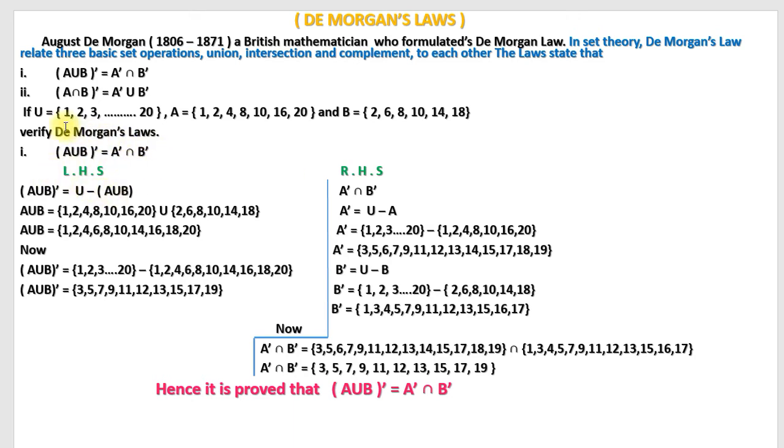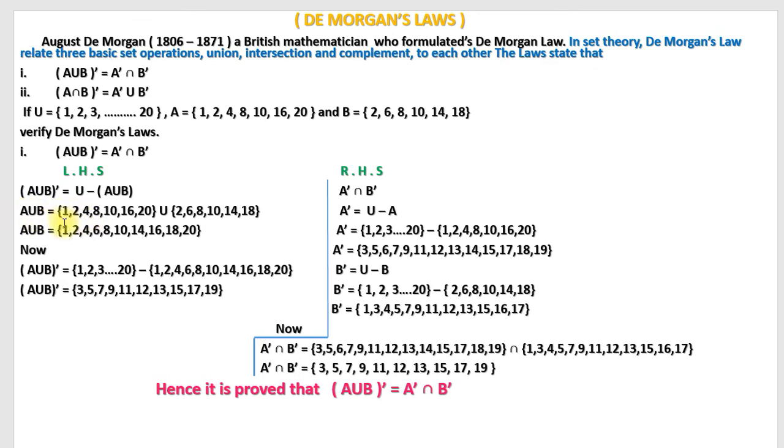Students, when you are applying this law, the answers on both sides should come out the same. So the solution is here. Please look very carefully. Complement of A union B. I've told you wherever you see the complement sign, it means U difference (A union B). According to the rule, wherever you see the bracket you have to solve it first. Inside the bracket there is A union B written. So first we will find A union B.